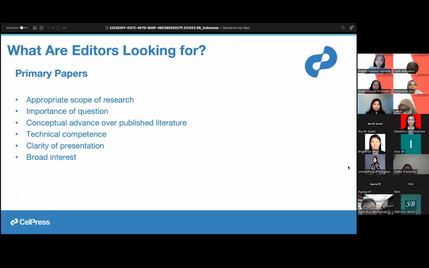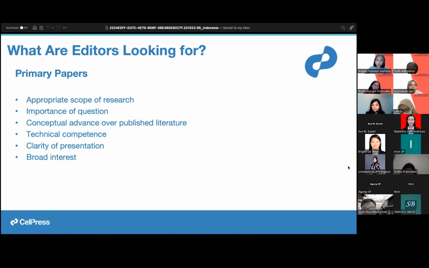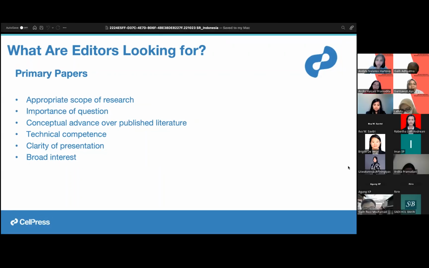Okay, so what do editors look for in a paper? So really, what am I looking for when I read a scientific paper? Now, I'm an editor of a broad scope journal. And my expertise is in cancer biology, a very small segment of cancer biology. But I will be reading papers in immunotherapy, in aging, in developing new diagnostic tools, and I'm not an expert. So what are the things that I use as tools to assess whether a paper looks like the right fit